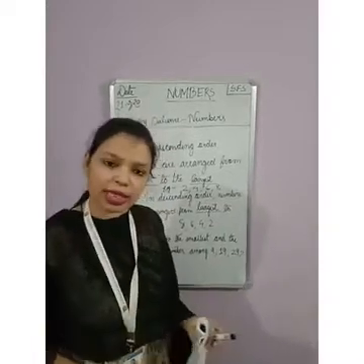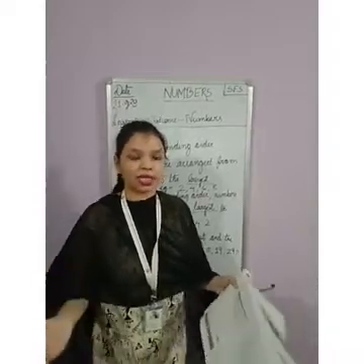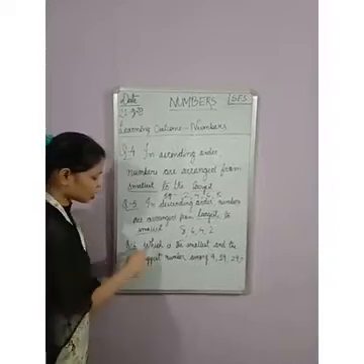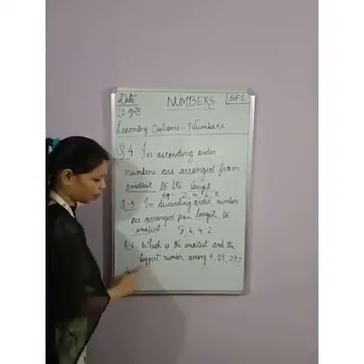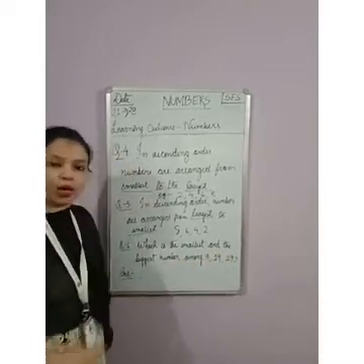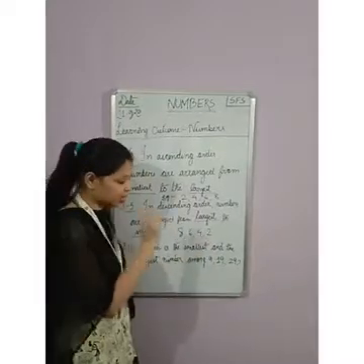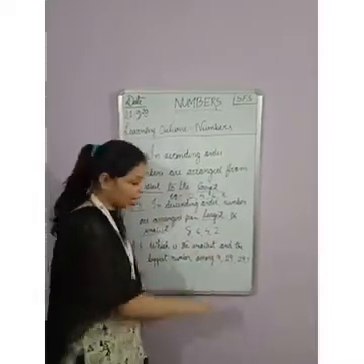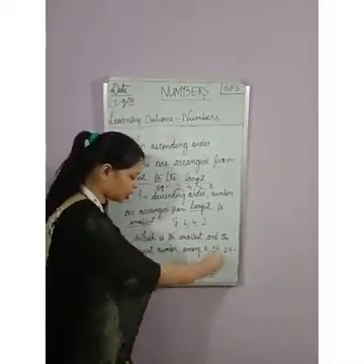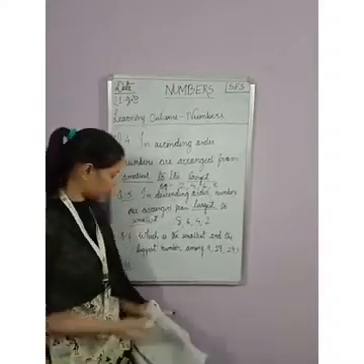It might be a 1-digit number or 2-digit number, or it might be a combination of both 1-digit and 2-digit number. Okay. The next question is, which is the smallest and the biggest number among 9, 19 and 29? Okay. 3 numbers are given here. First is a 1-digit number, second is a 2-digit number, and the third is also a 2-digit number. Now from these 3 numbers, we have to find out which is the smallest and which is the biggest number.